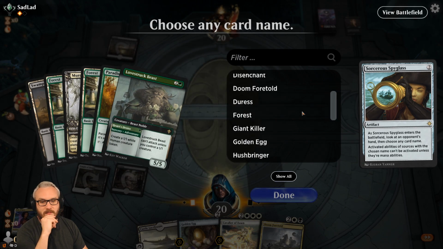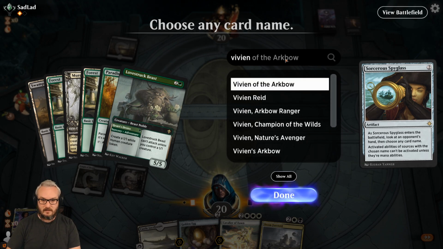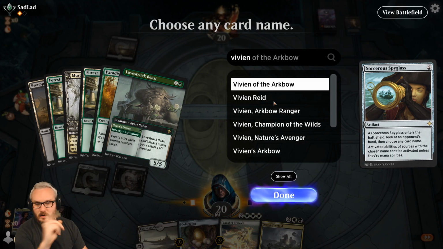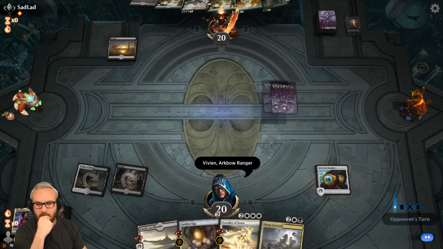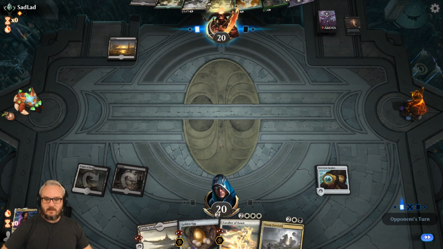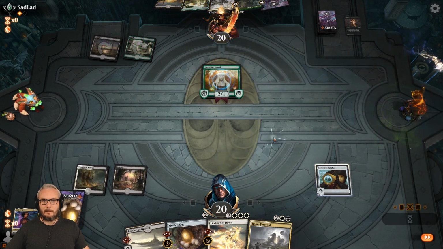Yeah, whatever. So let's get out of Vivian. What's Vivian? I always forget which one it is. Arcbow Ranger. That's the scary one, right? Yep. So we don't have a 4th land yet, but we do have our cantrip. We see some scary stuff. He definitely is going to ramp into the...